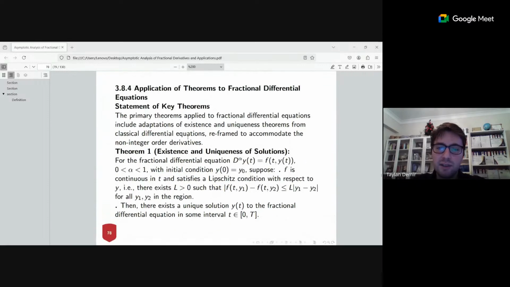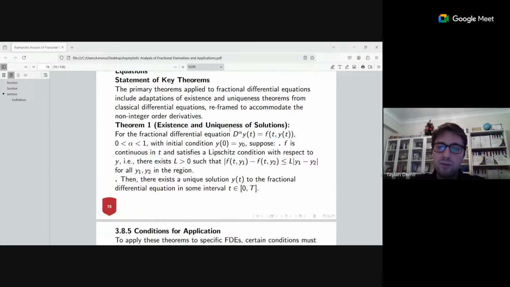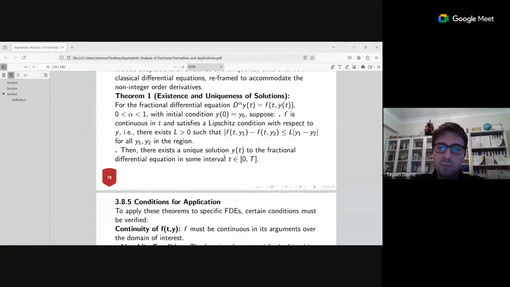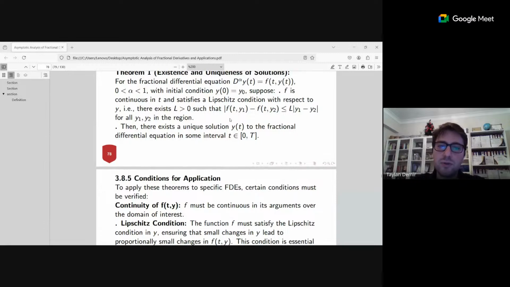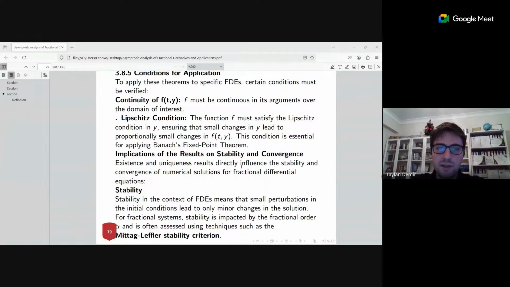This is another method of the fractional differential equation. Similarly, we use the existence and uniqueness of solutions for our model d power alpha y of t equal f of t and y of t. But we need to know the Lipschitz condition to better understand existence and uniqueness of solutions of our fractional differential equation model. And for the conditions of application, I gave some information about continuity of the f of t and y function,